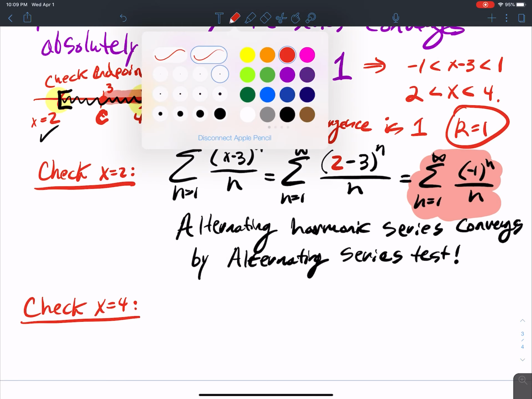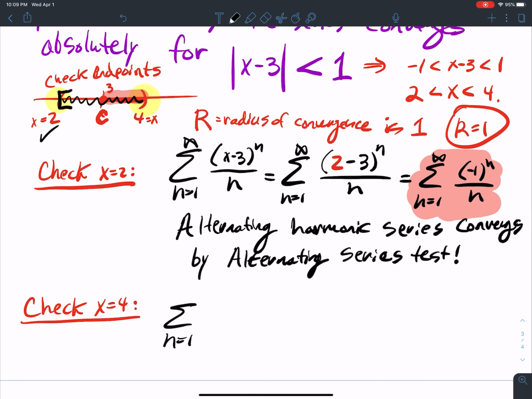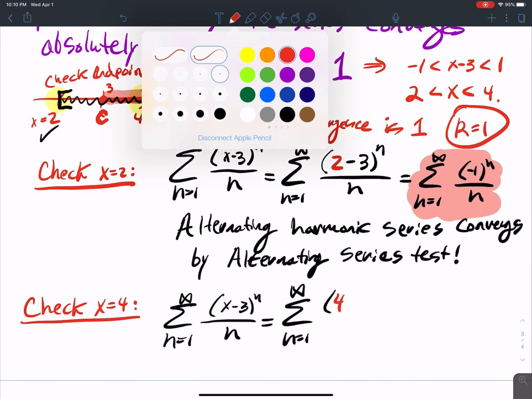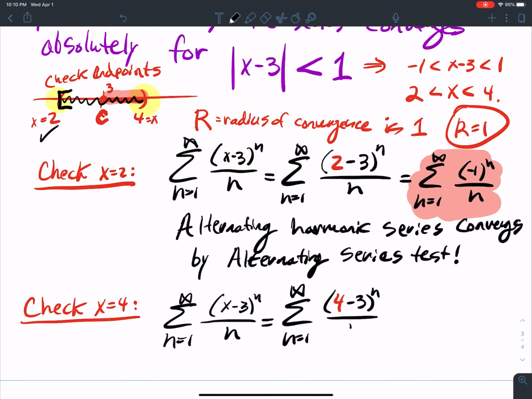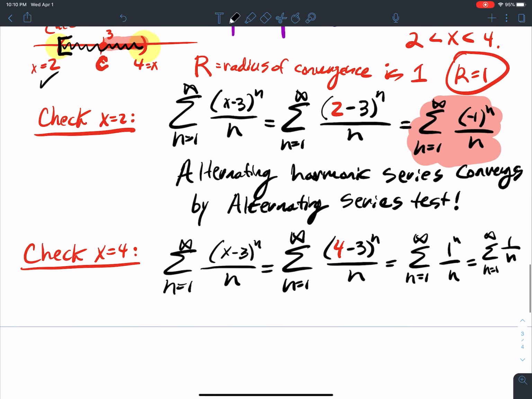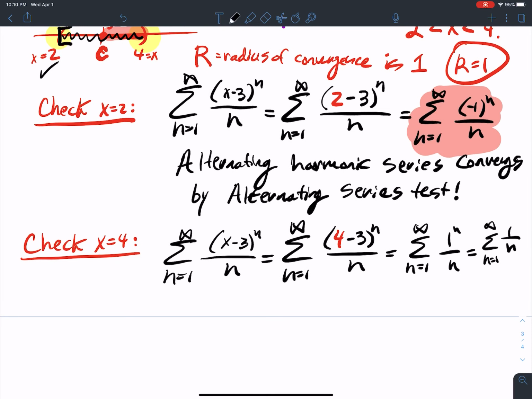When I plug a 4 in, so I have the series n equal 1 to infinity of (x minus 3) to the n over n, and then I plug in 4 minus 3 to the n over n. This is equal to the series n from 1 to infinity of 1 to the n over n, which is the series from 1 to infinity of 1 over n. What do I know about this? This is the harmonic series,